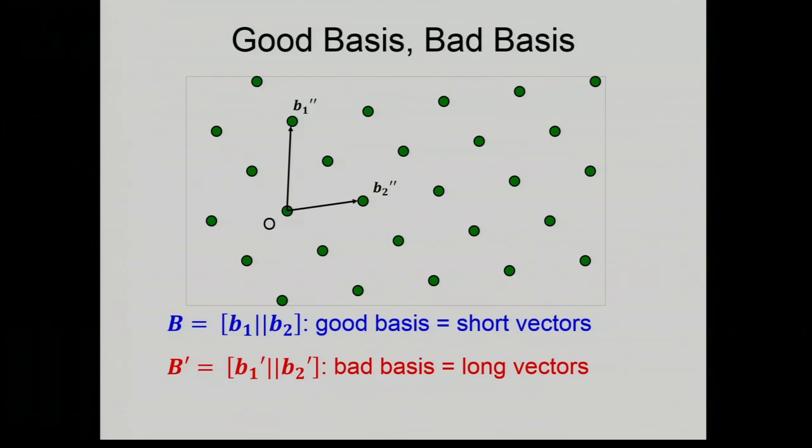A good way to see what is not a basis is you draw the parallelogram generated by these two vectors, that is this. See if there is a lattice vector inside. If there is one, there is no hope of generating that guy as an integer linear combination. That's that, right? So this is not a basis.